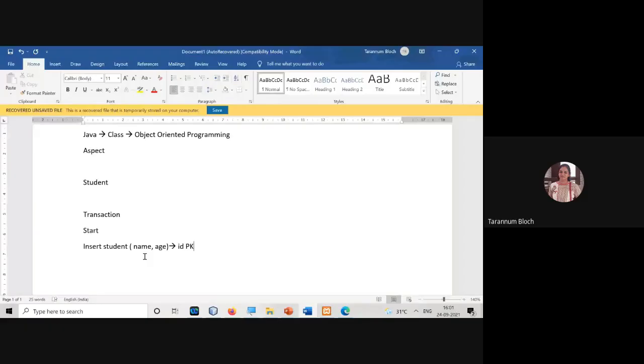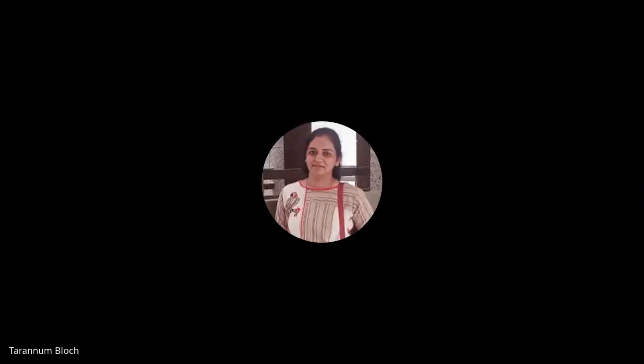When I do this, as the primary key ID is auto incremented, the value will be generated. Now I'm saying that a single object insertion is a transaction, because it does the entry into two tables. You have to enter in the marks table also, where you are taking SID. Actually, SID is the foreign key which has the value of the ID column. And we have marks and we have year.